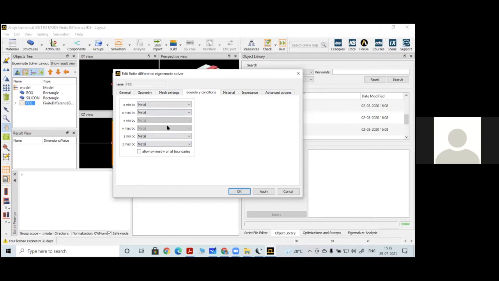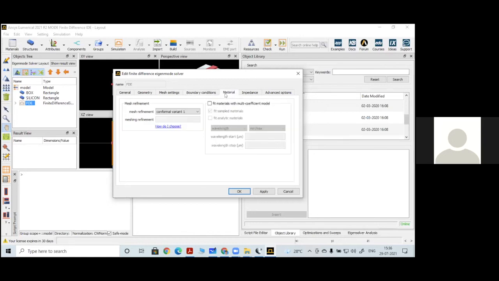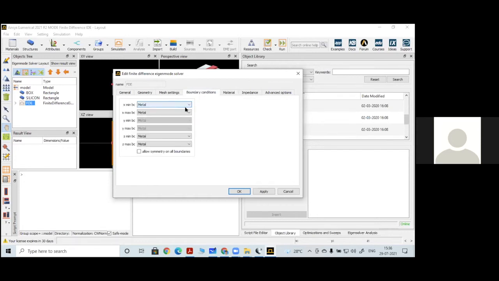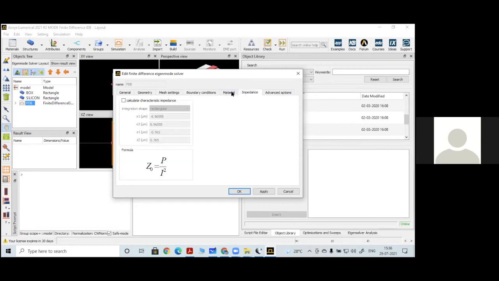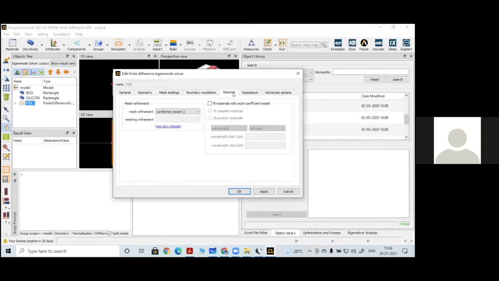If I get any leakage, then at that time I can go to the perfectly matched layer boundary conditions. We are not changing any parameters in this material section, but we choose the boundary conditions based on the structure. For waveguides, we can retain metal itself. In some cases, if you don't get any solution to Maxwell's equations, then we have to vary the boundary conditions at the respective axis. Now this impedance setting is not related to optical components, so we won't touch it.